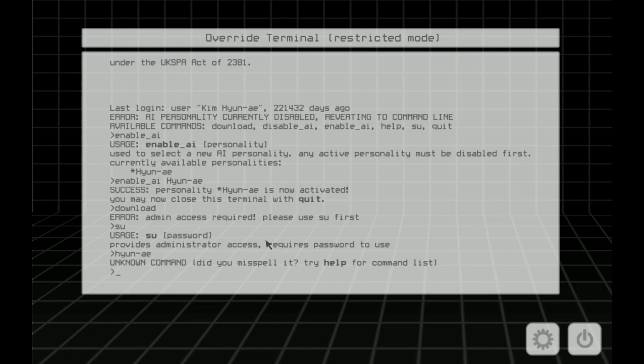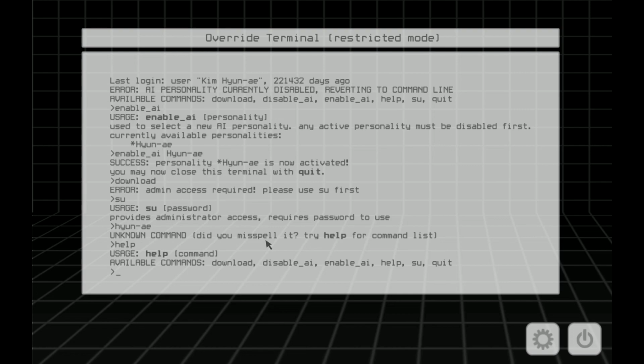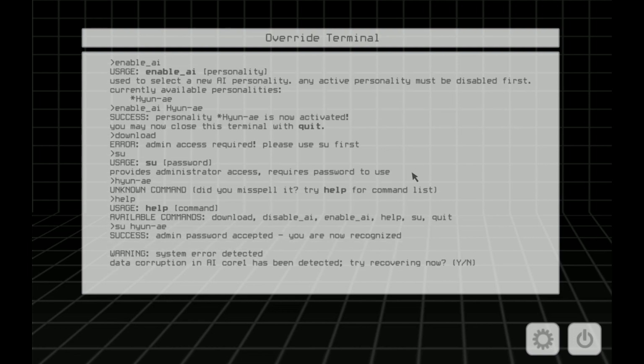Command, did you misspell it? Try help. I'll try help. I don't like this terminal. It's not good, and I don't like it. I'm going to pause and figure out what the password is, or more accurately, how to enter it, because I don't know how to do that. I'll be back. Yeah, I'm just dumb when it comes to this sort of crap. As it turns out, what you're supposed to do is type in this and then the password, because that makes sense. Alright, there we go.